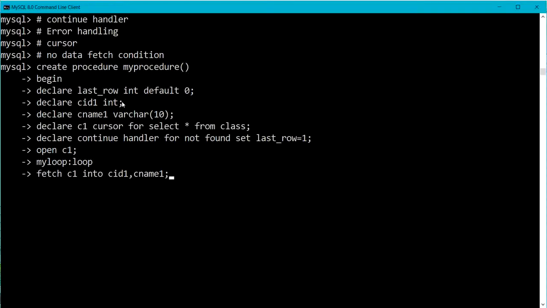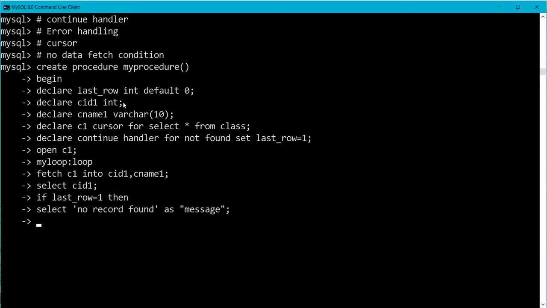Now I am going to select the class ID, select CID1 which will be displayed, and now I am checking the condition: if last row variable equals 1, then what message are we going to display? Select no record found, as the message to be displayed.